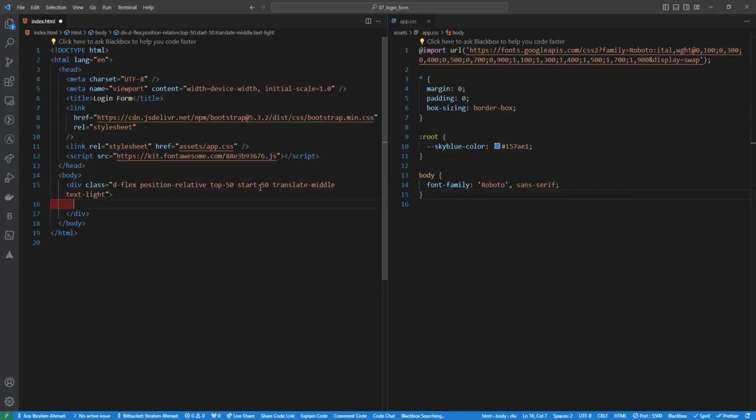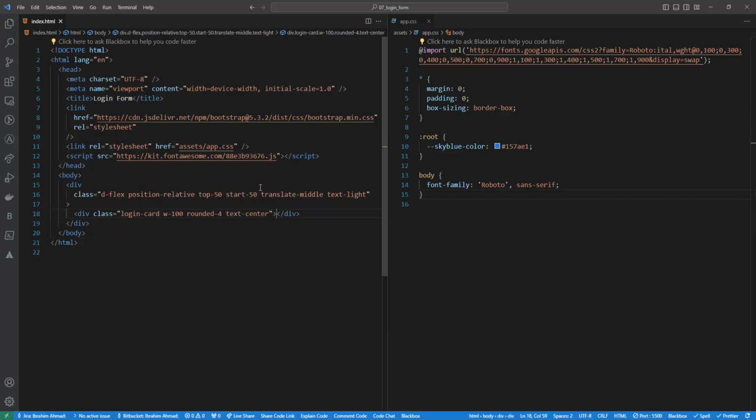So this is one of my div, and inside that I need one more div, and I'm gonna say this is going to be login card, and I'm gonna say w-100. This is going to be the div that is going to be 100%. Let me do that, and after that I need one more thing inside here. I want like rounded-4. We need the border on the side, and text I want to be into the center. So this is done, and